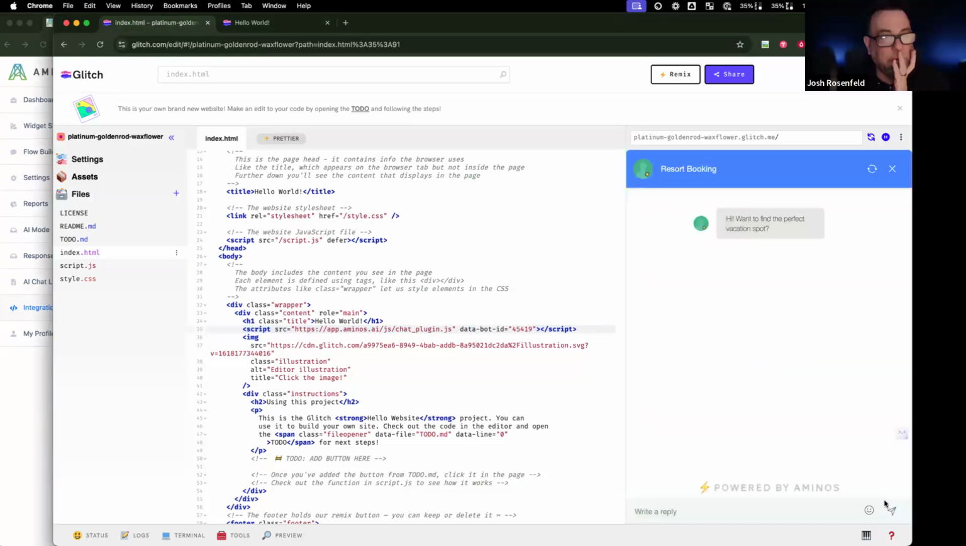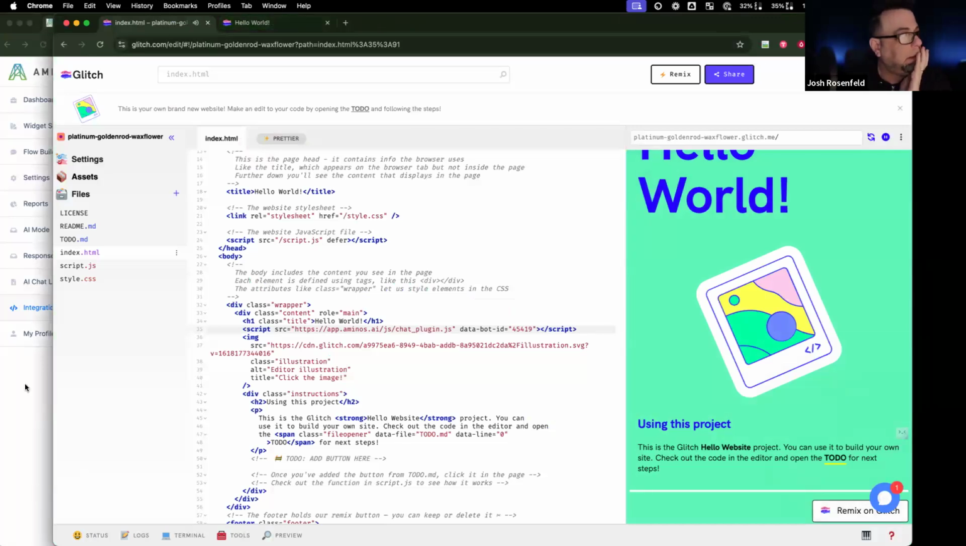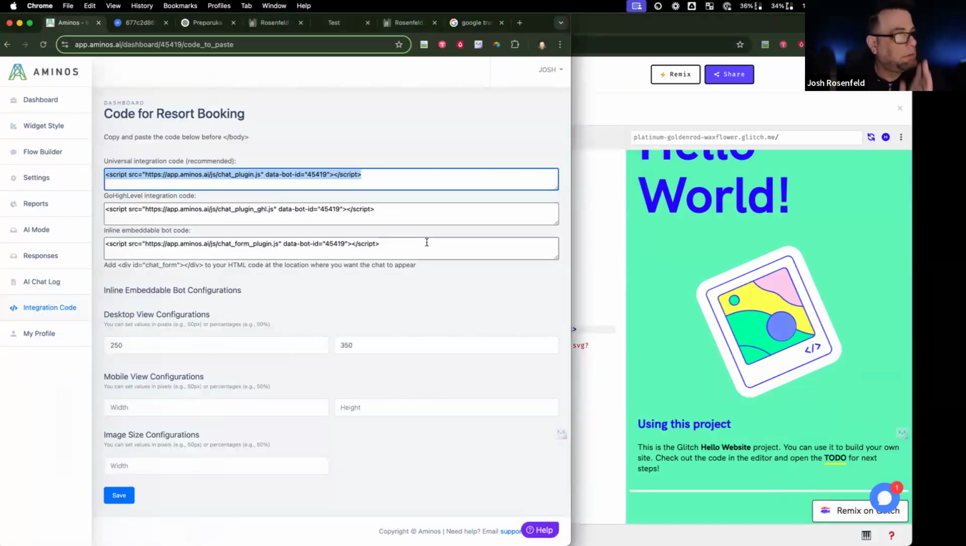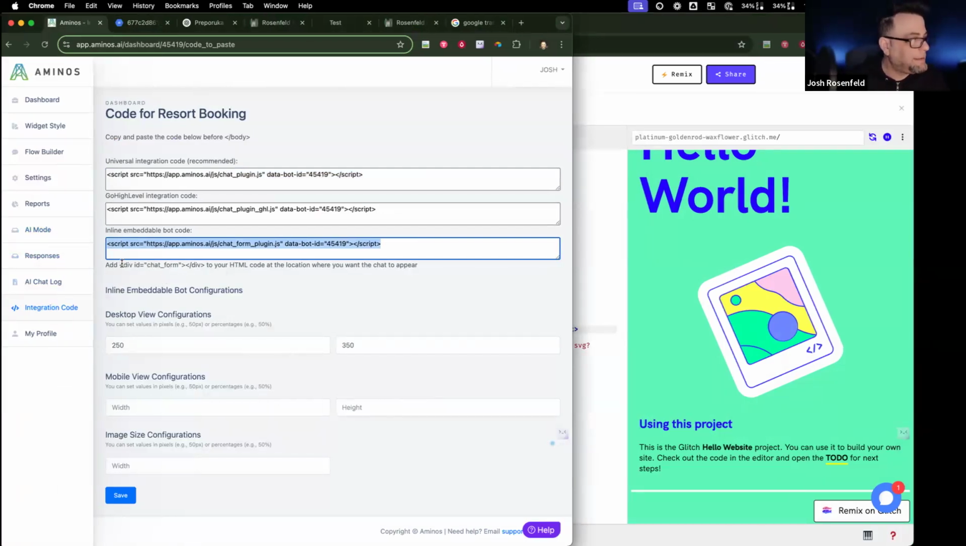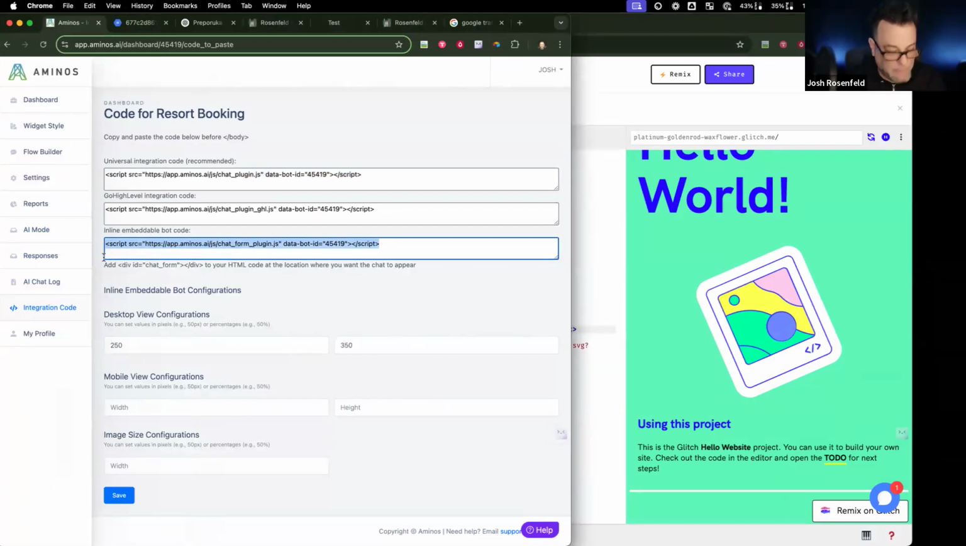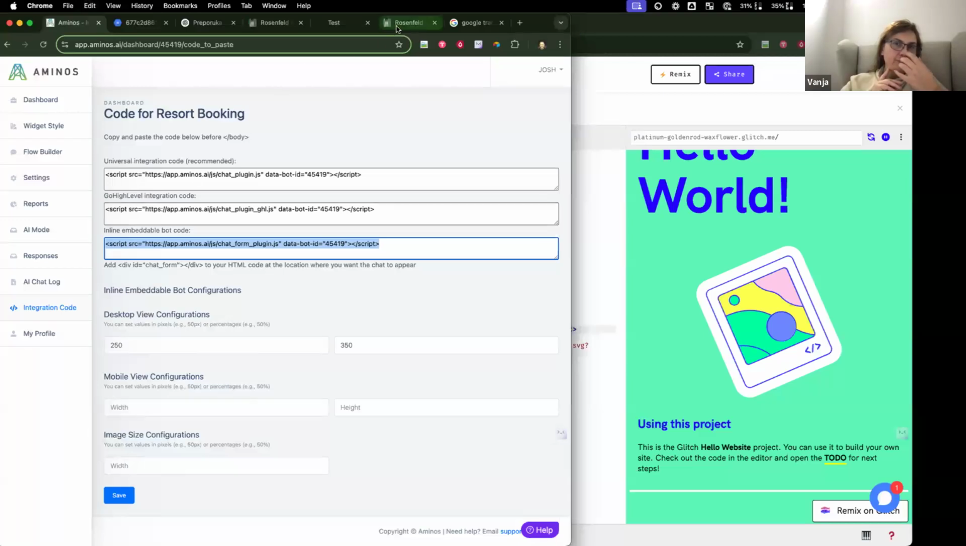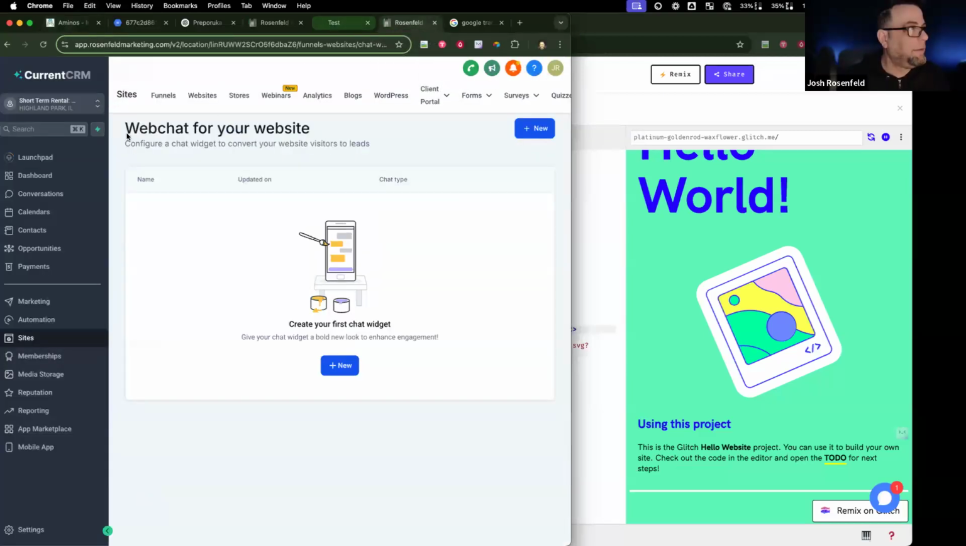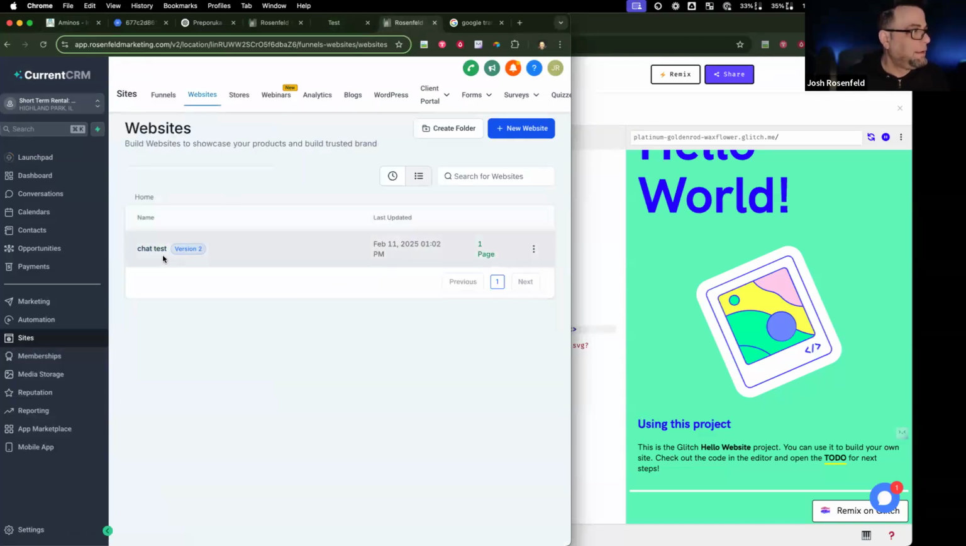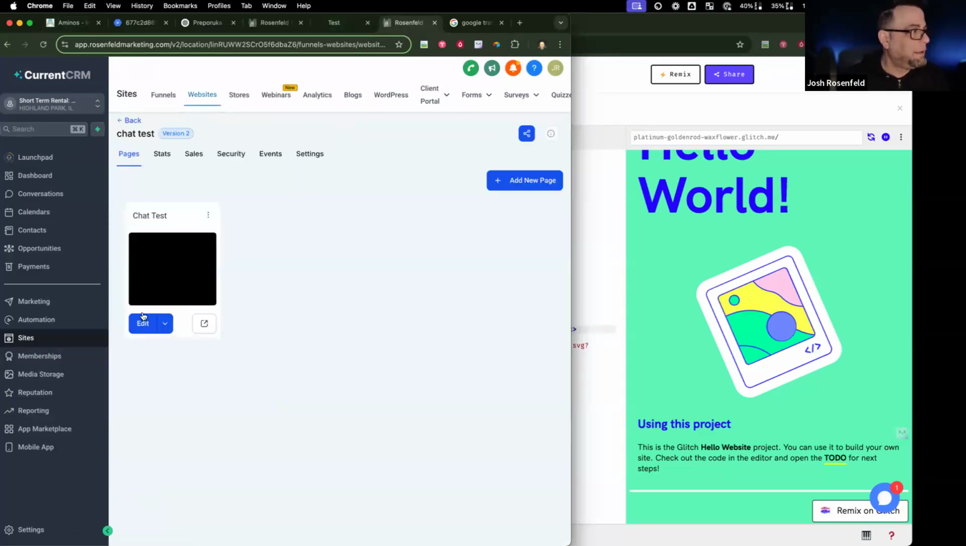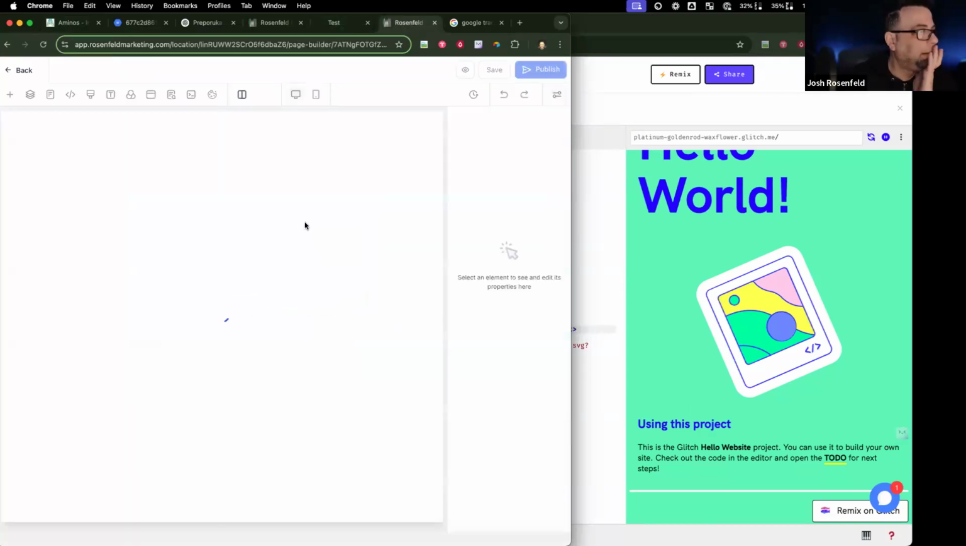So the universal works, but that's weird. Oh, there it is. You have to add this div tag, is why. Darn. All right, let's do that. So that means I'm going to want to go to the website, and I'm going to want to open up chat test, edit, and so then in this thing here,